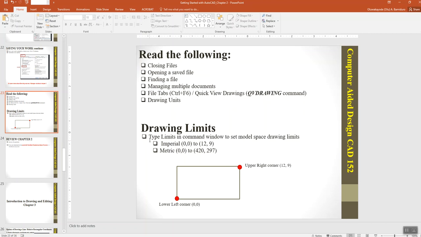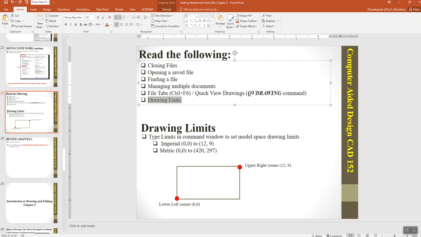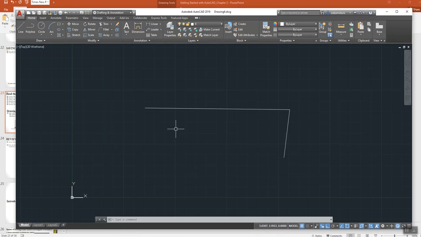Drawing limits, I touched on this last week as well. Whenever you initiate a new drawing, you've highlighted your drawing limits and your precision, if you're going to use decimal. Your drawing limits typically set the tone for how you want your object to be. What that typically means is the drawing page of AutoCAD is typically infinity. But